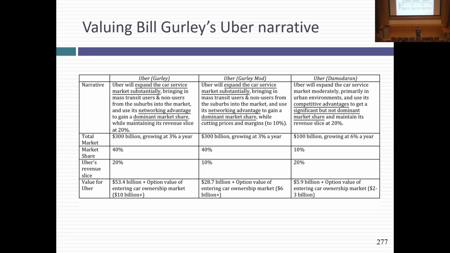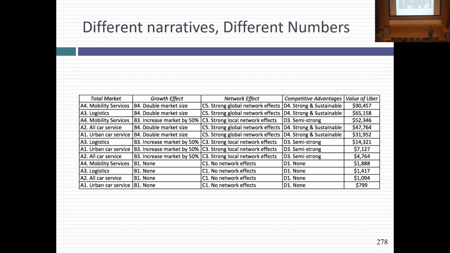You think, how can the same company be worth 6 billion, 29 billion, and 53 billion? Depends on how the story is framed. Doesn't mean every single one of these stories is a fair or plausible story, but you can see how you can get disagreements about value based on the story's frame. And if you're a founder, you see why words matter? In all of the years I saw Travis describe the company, in the early years, he was a spokesperson. He never once used the word car service to describe Uber. It's always transportation, logistics. It's deliberate because it means the market is much bigger.